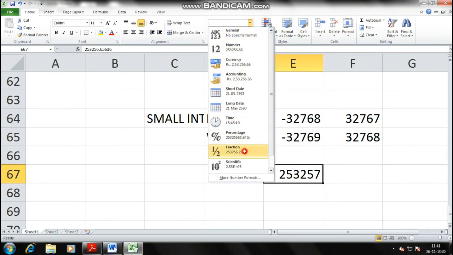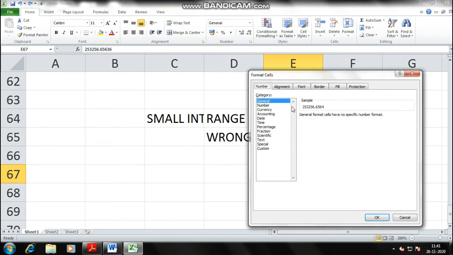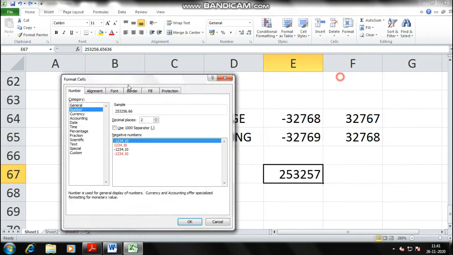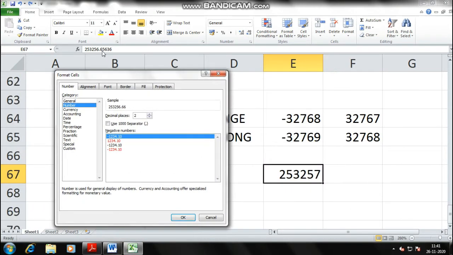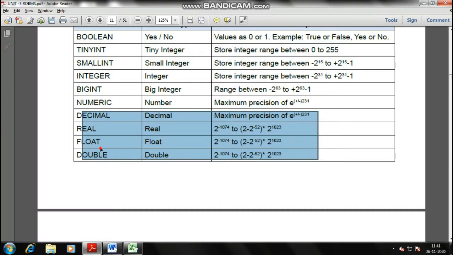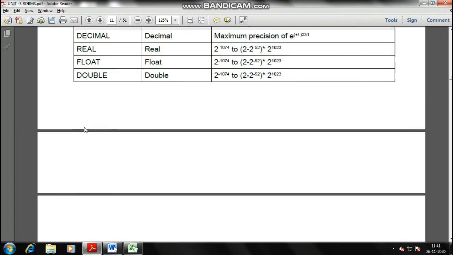So I'll format cells. Number, how many have you entered? 1 2 3 4 5 3 4 5. Okay, so I have got the same. So this will be the decimal form. Real, float, double will be used for entering the decimal numbers.